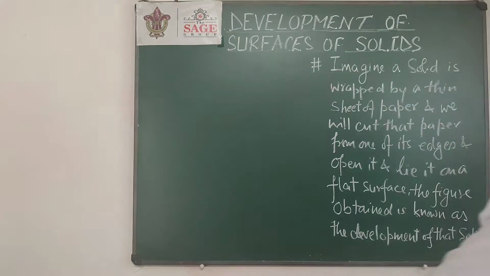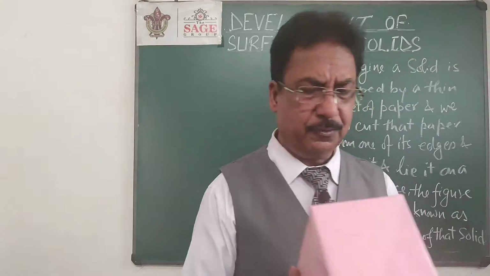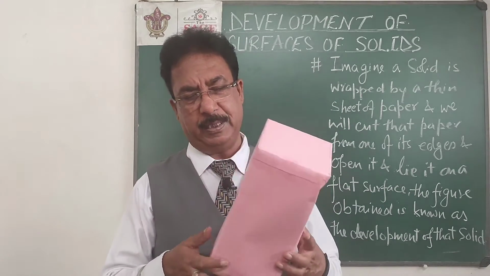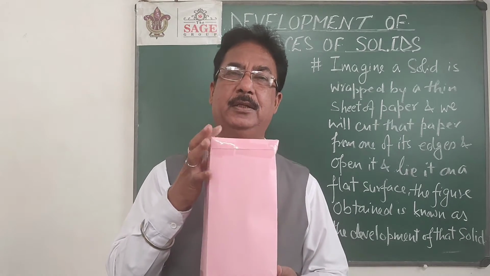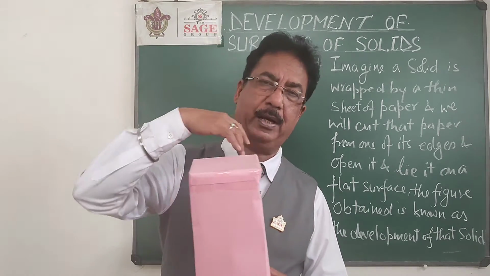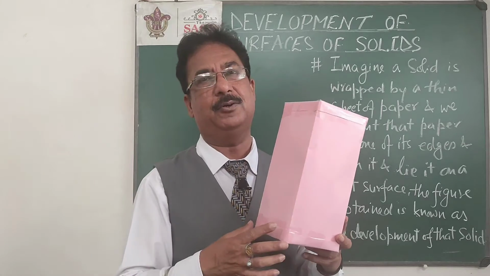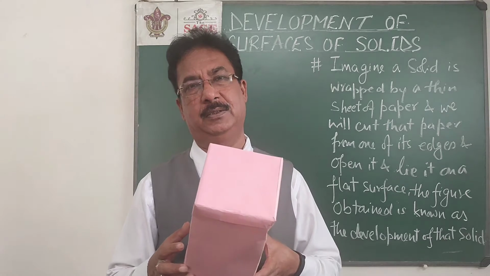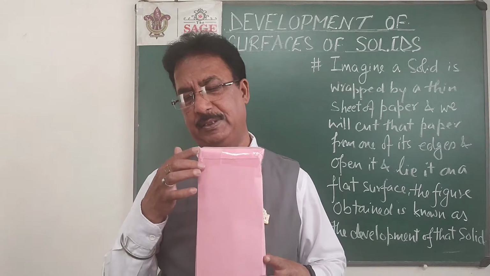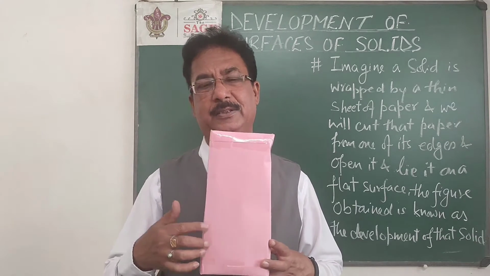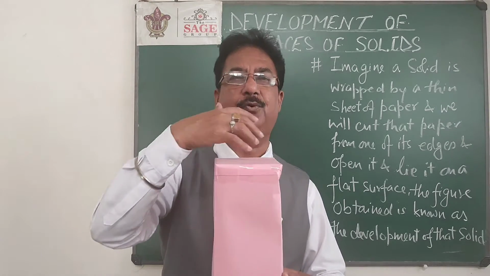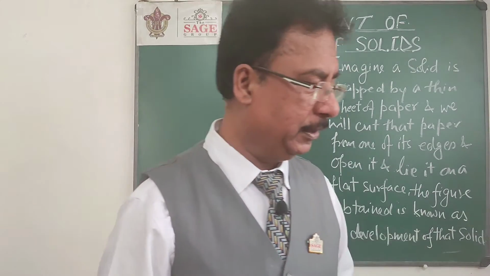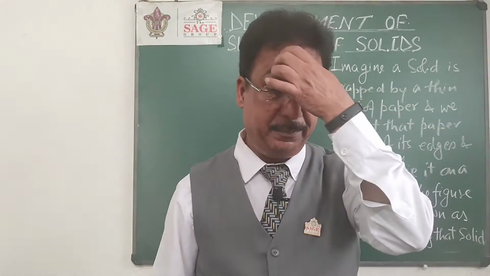In the same way, I have another simple solid, a square prism. This square prism has 4 rectangular faces, we know that. So its development will be 4 rectangles of the size of the height of the prism and the base side, and 2 bases, which are squares. To develop this, I start by cutting from one of the extreme edges, then the first flank, second, third and fourth, and then one base opens upside and the second base opens downside. That will be the development of a square prism.